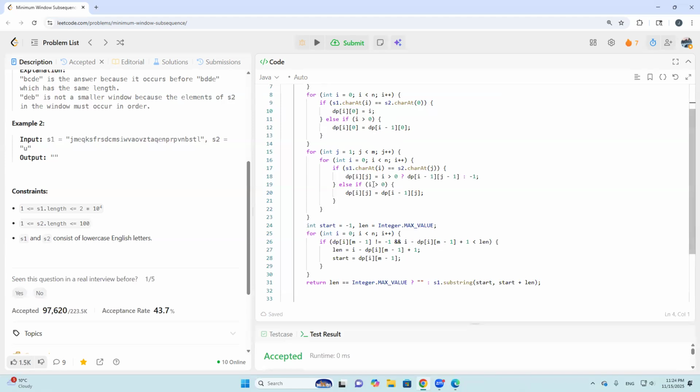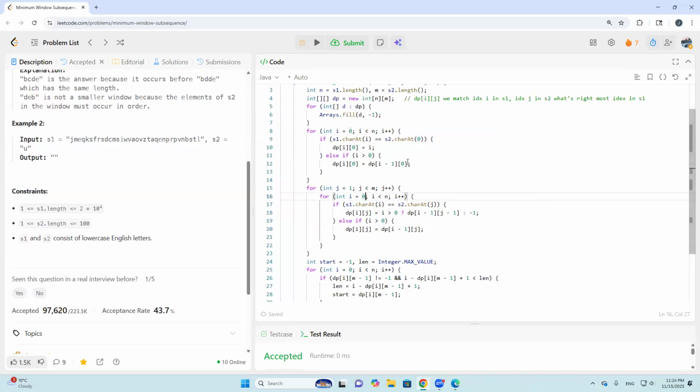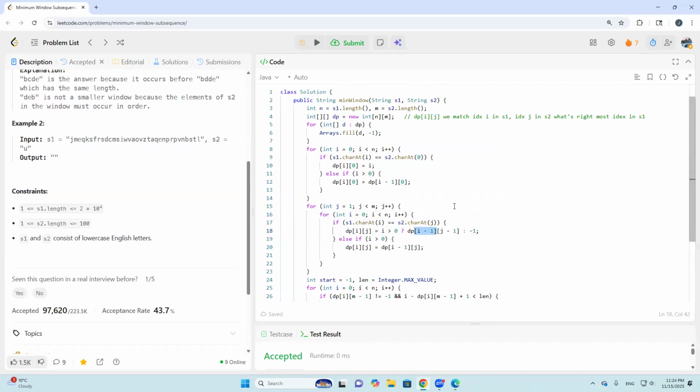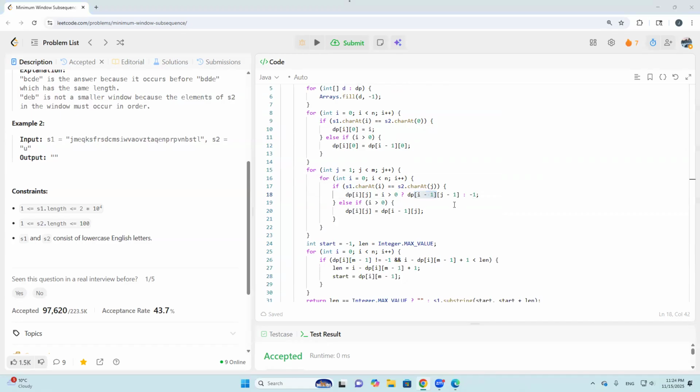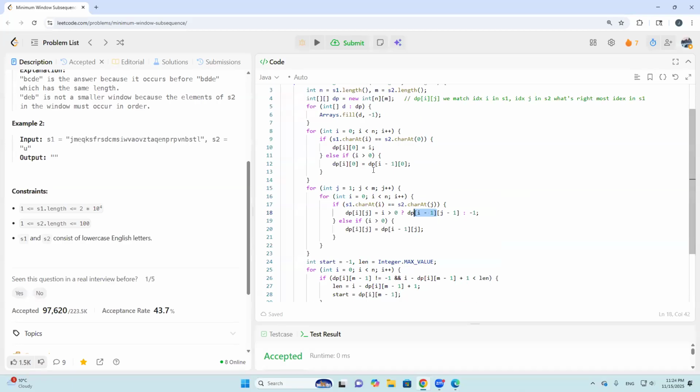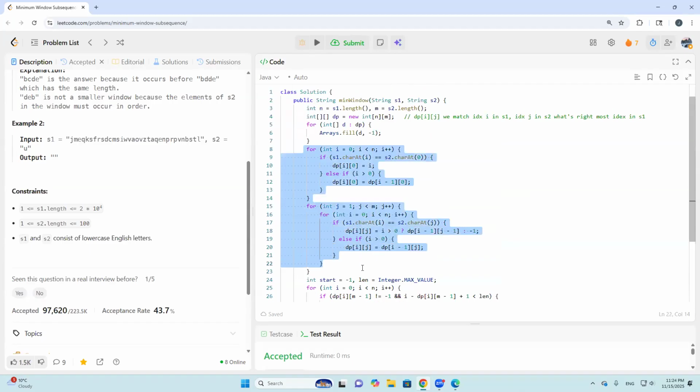You'll see for every i, it's just coming from i minus one. So at least we can save the space complexity, right? So in order to save the space complexity, let's put these two for loops into a more general case. And this i and j, they can change the order, right? So we can write